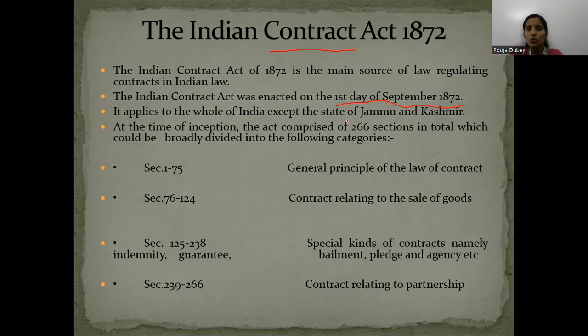There were 266 sections under the Indian Contract Act 1872, but further it was bifurcated under four categories. The first is section 1 to 75, where you can find the general principles of law of contract. In 76 to 124, you can find the contract related to sale of goods. In section 125 to 238, you can find the special kinds of contract, and in section 239 to 266, contract